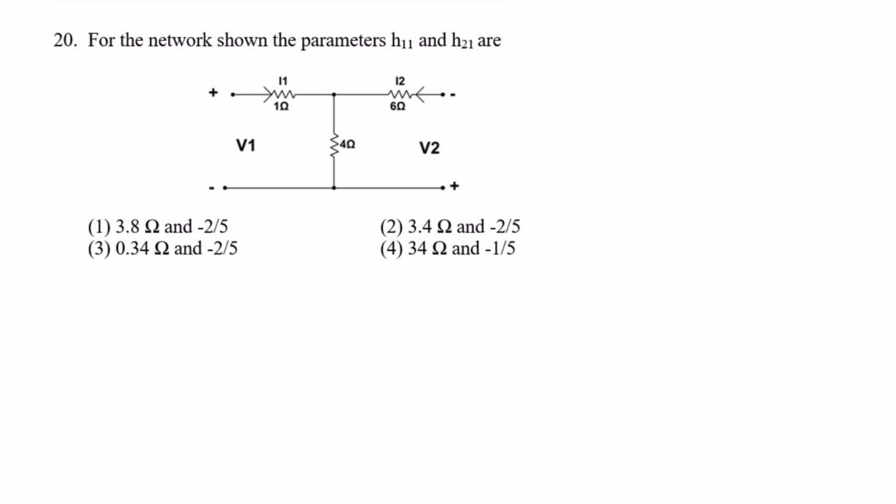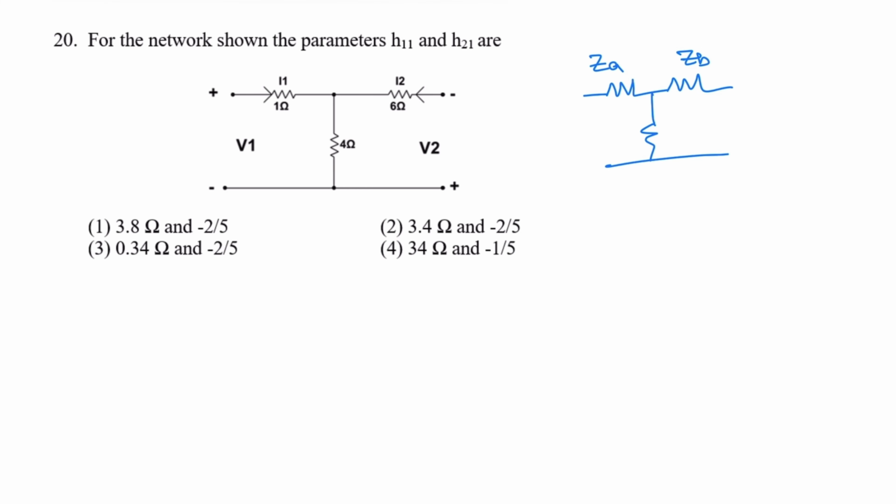Next, the given network shows the parameters h11 and h22. So the given network is a T network. For the given T network, it is easy to calculate the Z parameters. So let's suppose this is the T network given. So this is ZA,